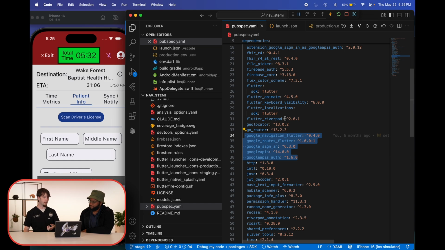Like, I'm showing you how you can scan a driver's license. You do not want that to be stored in FHIR unless you know that that is secure.